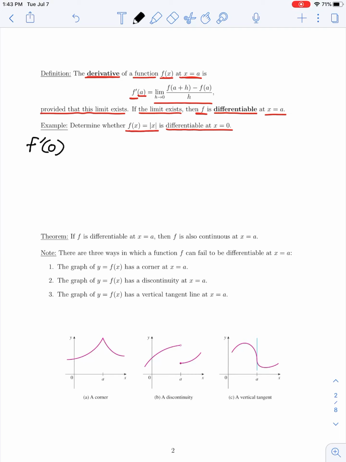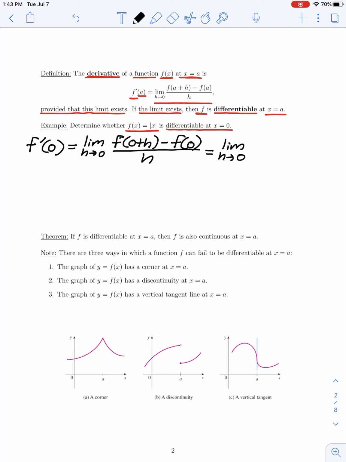Now, by definition, this is the limit as h approaches 0 of our function f of 0 plus h minus f of 0 all over h. So let's see what we have here. That is the limit as h approaches 0